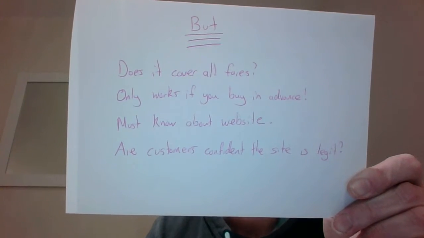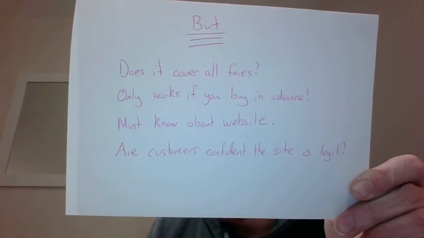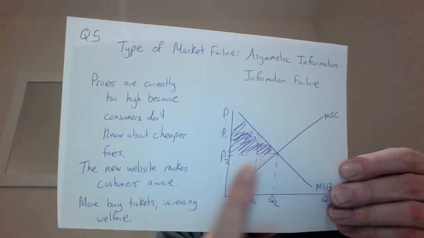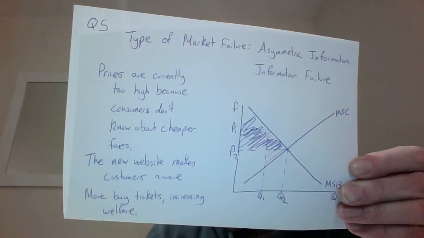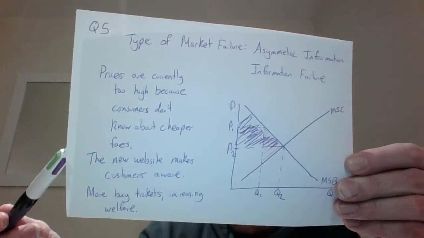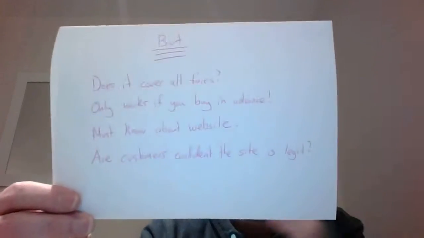It's basically 2 marks for the AO1, which is to say how well are you explaining the market failure, how well can you explain that it's information failure, and possibly even the idea of the deadweight loss. 4 marks for contextual explanation to do with the fact that it's the rail fares, and then 2 marks to bring up some sort of counter argument to explain that it might not completely correct the market failure.